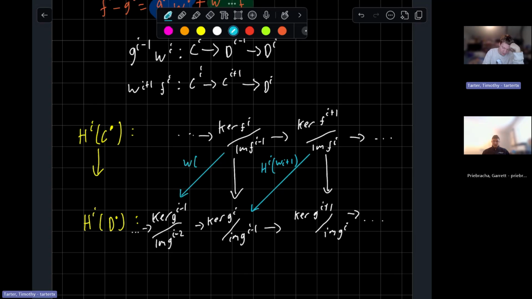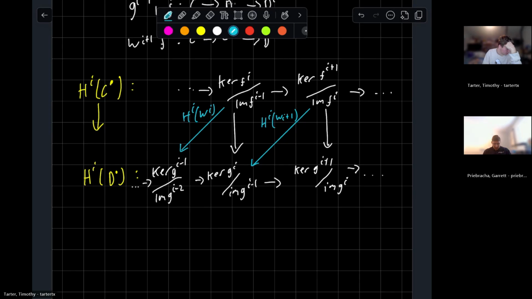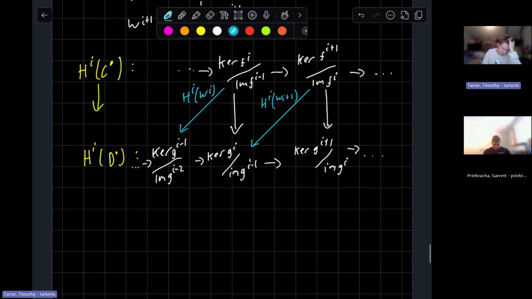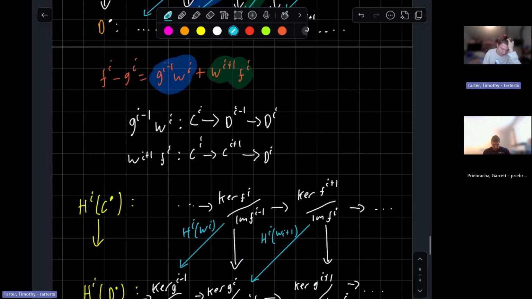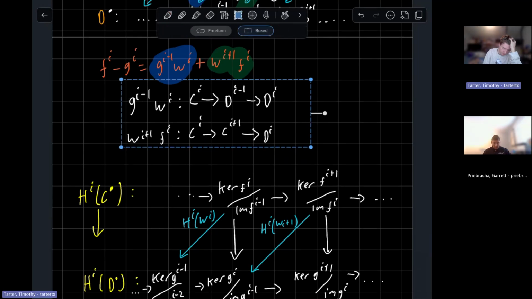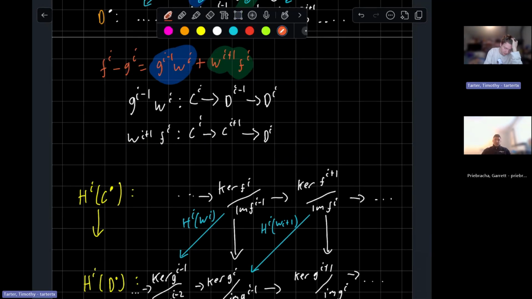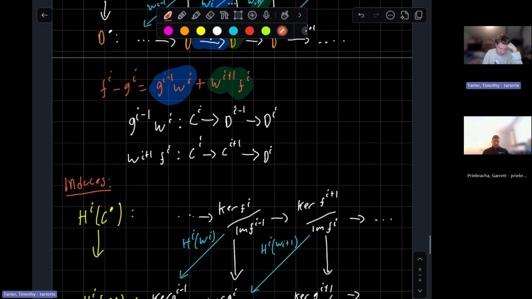That'll be the homology functor of Wi. And so what we want to show, and I guess, hold on, let me write this out, this induces, so we want to show